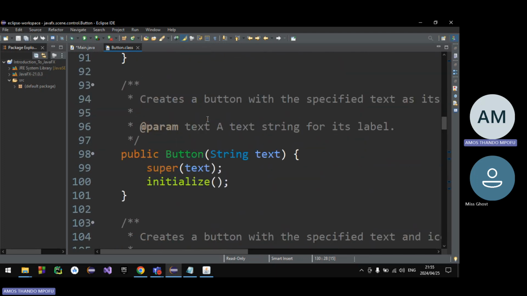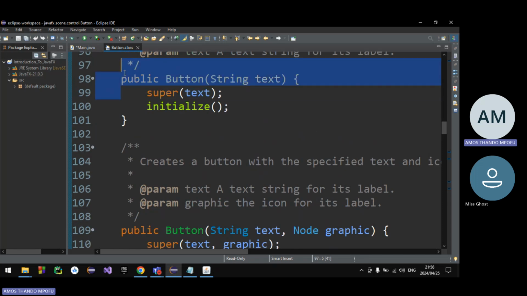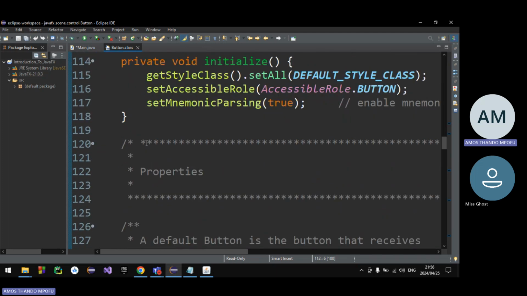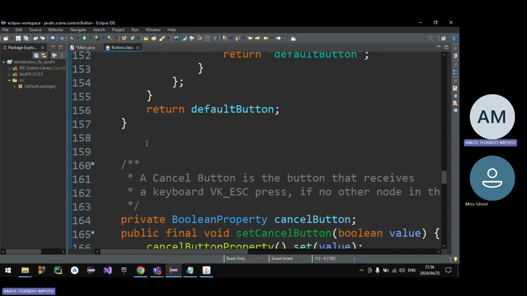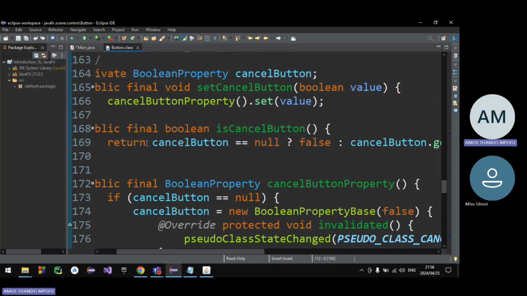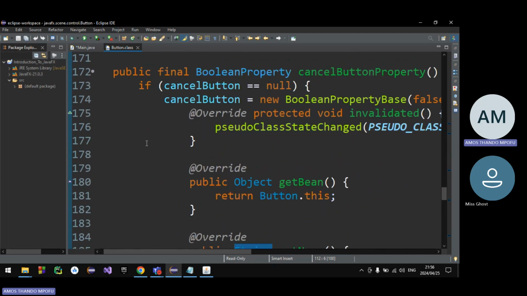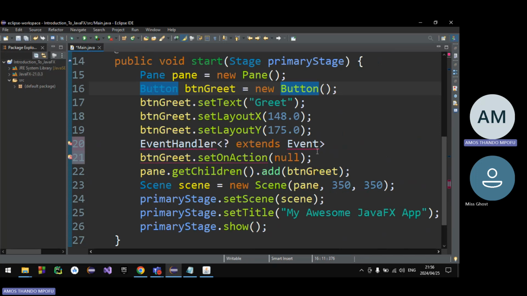So you see, these are different ways of initializing the button. You can use the default constructor, or you can use the parameterized constructor, which takes in a string, basically the name of the button, the text on the button. And then there's another different way of initializing it. And then I'm just seeing default properties here. Set cancel button is cancel button, cancel property, and so on. I don't see that class. I don't see the function, but just know that in order for you to use event handling,